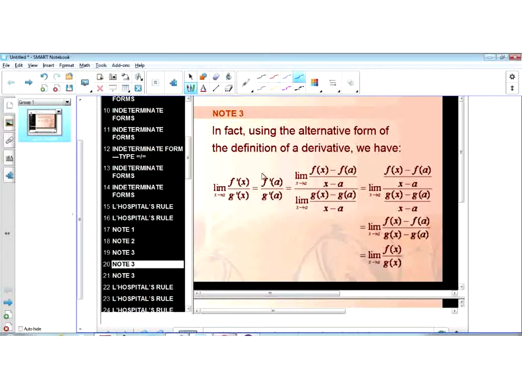And then what we do here is we replace the derivative of f with its definition, the limit of delta y over delta x, okay? And likewise we replace the derivative of g with its definition, the limit as x approaches a of delta y over delta x, okay? All right, and so upon further simplifying,